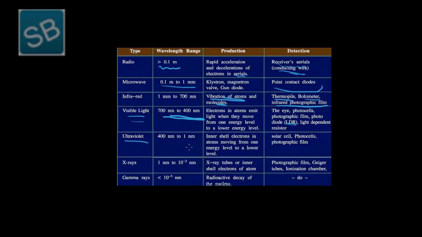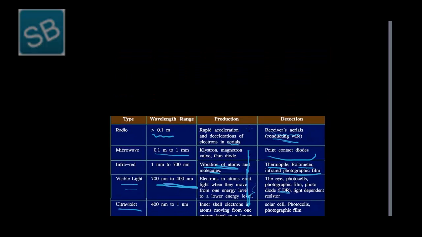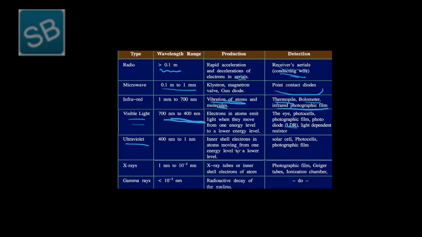Ultraviolet, 400 nanometer to 1 nanometer, can be produced by electrons in atoms moving from one energy level to a lower energy level. So in both cases the electrons are moving from a higher energy level to a lower energy level. We can detect it by solar cell, photocells and photographic film, and then come X-rays,